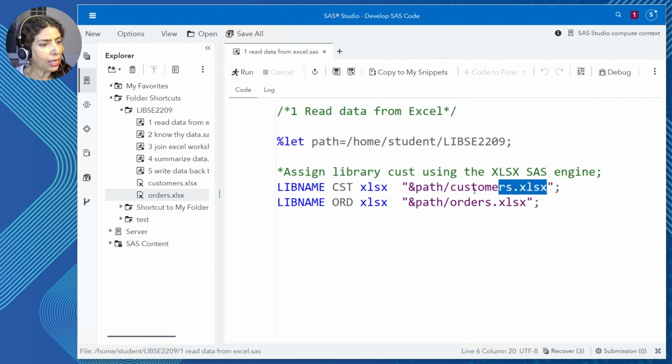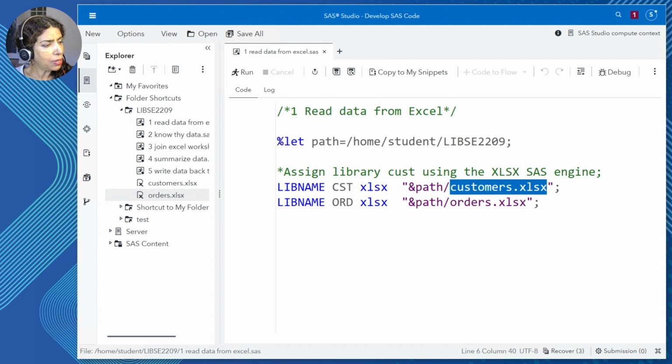When it comes to Excel, we have to remember that an entire Excel workbook is going to be treated like a SAS data library. Sheets in the Excel workbook will be treated as SAS datasets. And that's why we need to provide the entire Excel workbook name and the path.